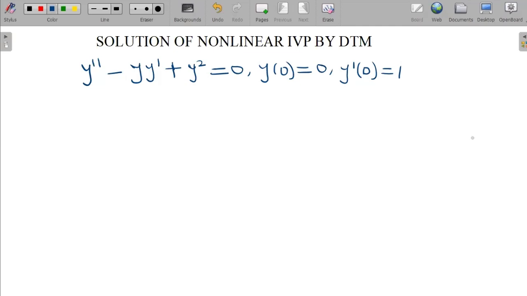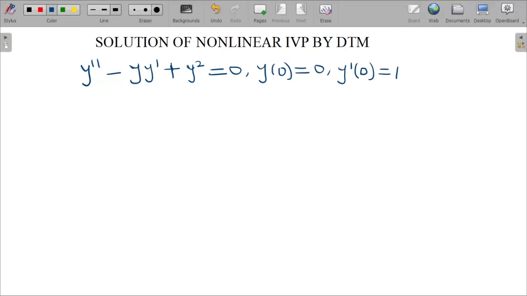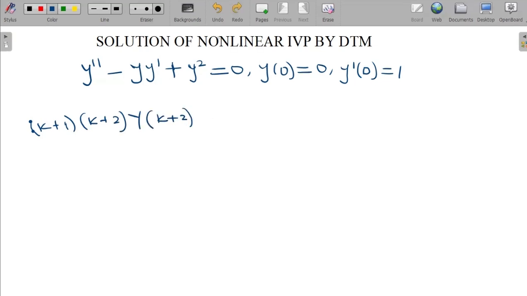We want to solve this initial value problem, that is highly nonlinear, by the differential transform method. So the first thing, as we have been doing in the past, is to first transform the differential equation. The second order can be transformed as (k+1)(k+2) Y(k+2), minus the nonlinear part, which can be transformed as a summation with n from 0 to k